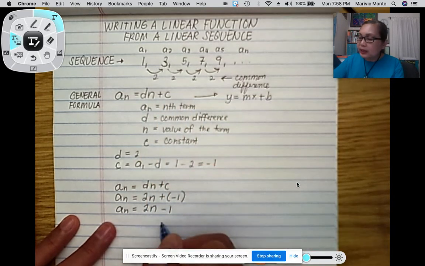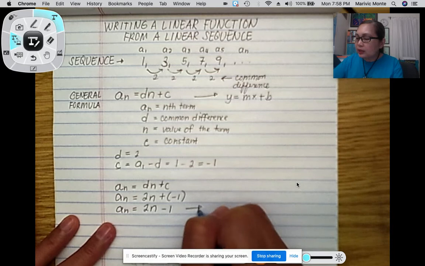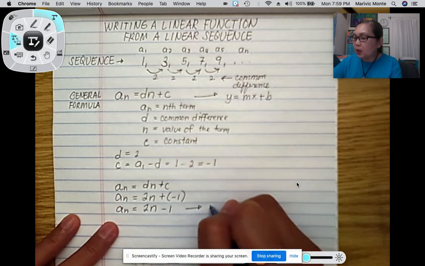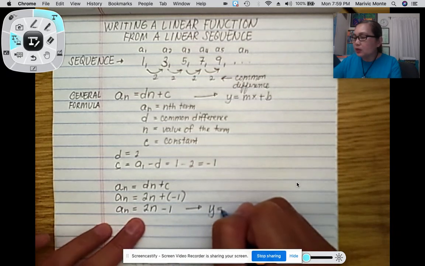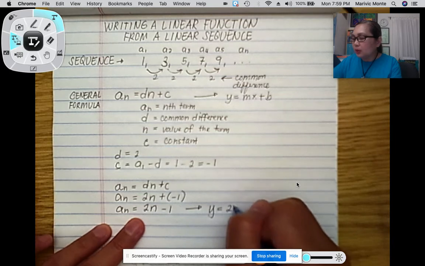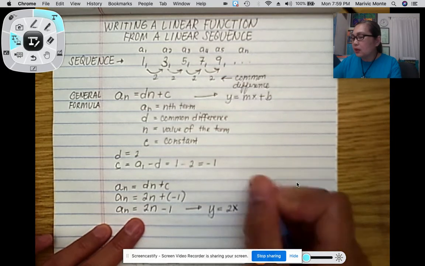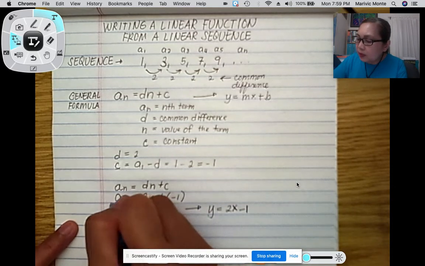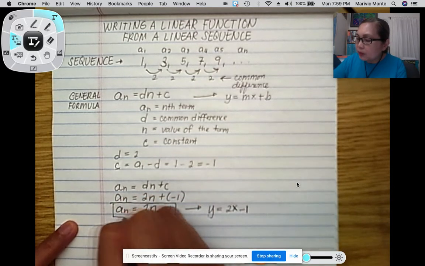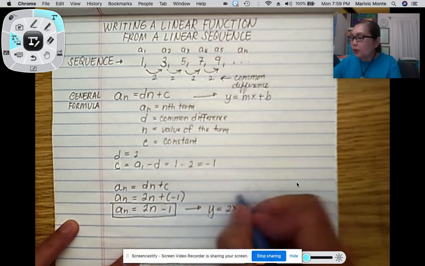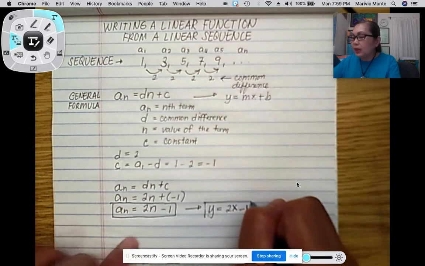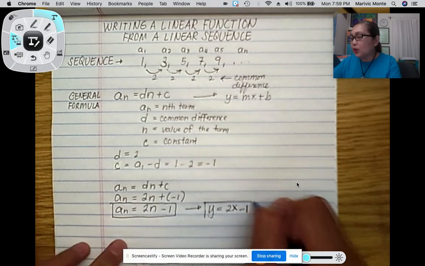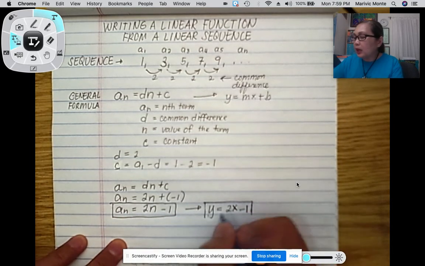So in this case, we could write this formula as y equals 2, replace the n with x, minus 1. And we now have the general formula, A of n equals 2n minus 1, and you also have it in slope intercept